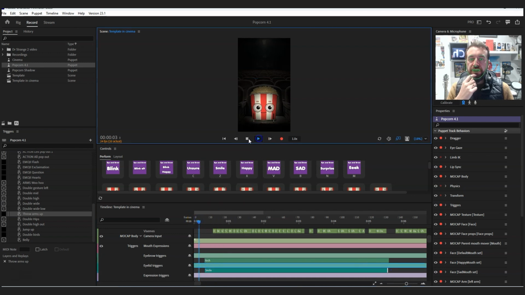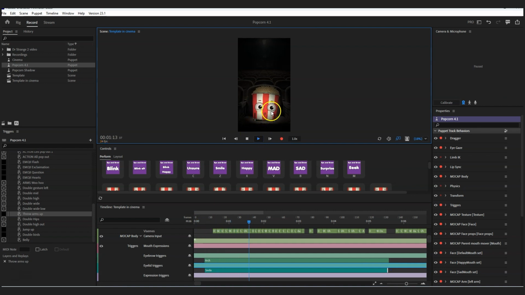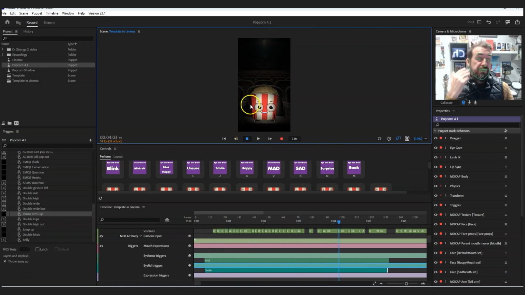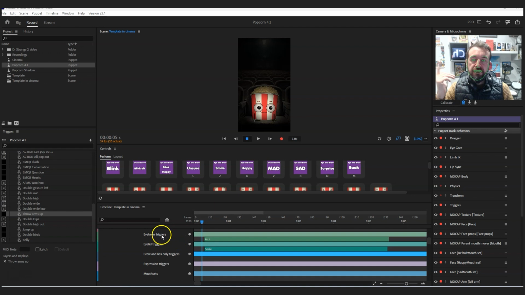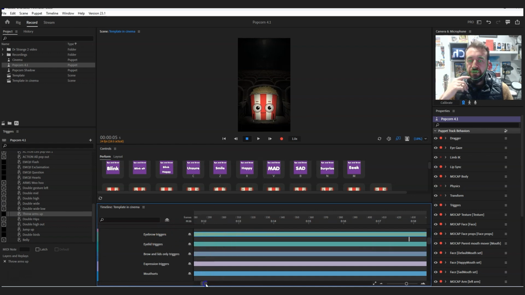If I press play now, I hold my finger down testing all because it's introducing back to talking, and it's got those expressions. Now it's good, like I said, you can mix and match all the different eyebrows and the eyelids to make lots of different expressions. However, you might not want to go through adding the eyebrows and the eyelids to everything. So instead, I'm going to delete those off,